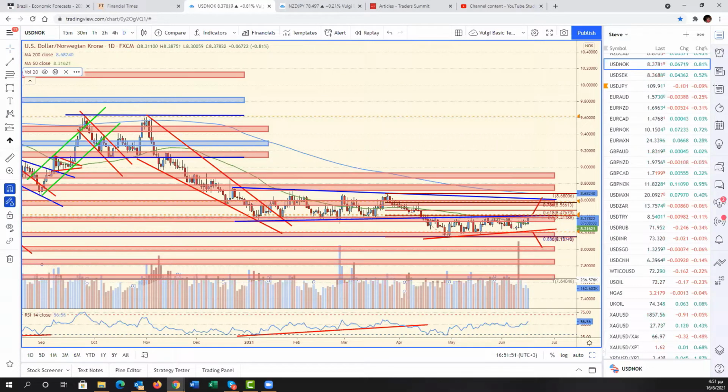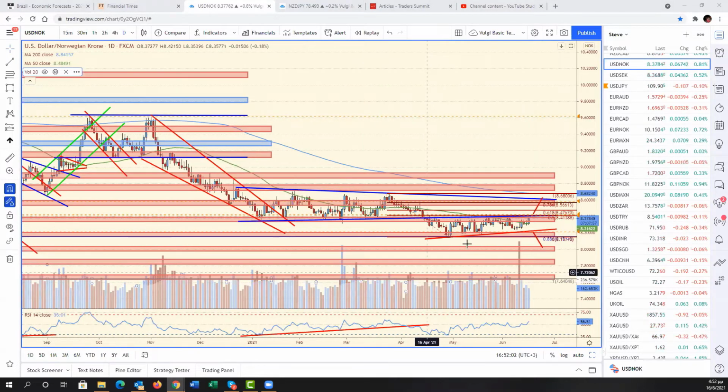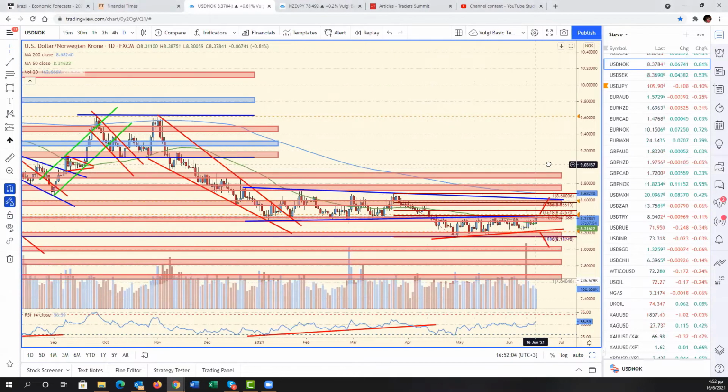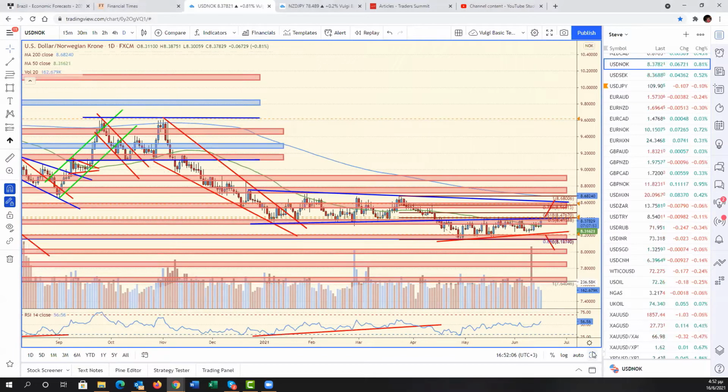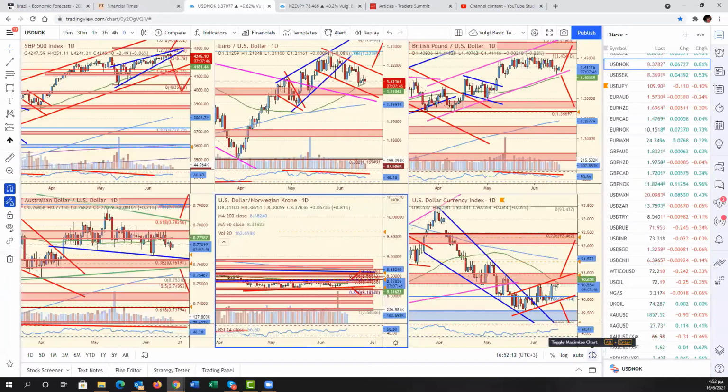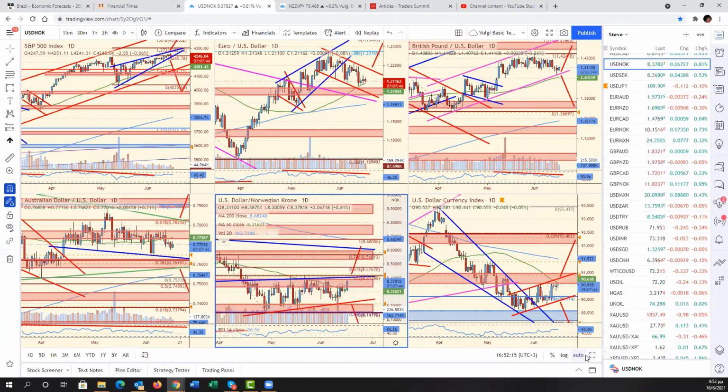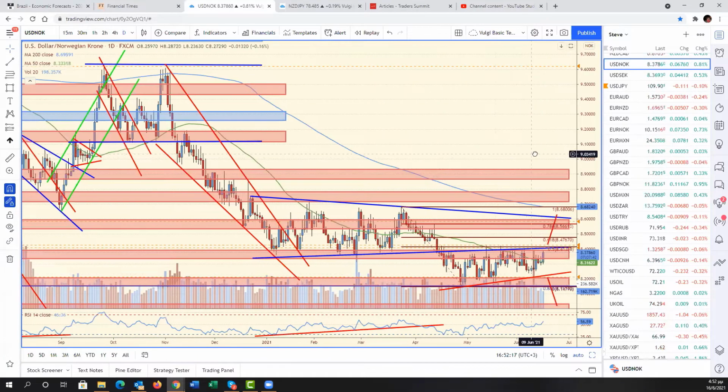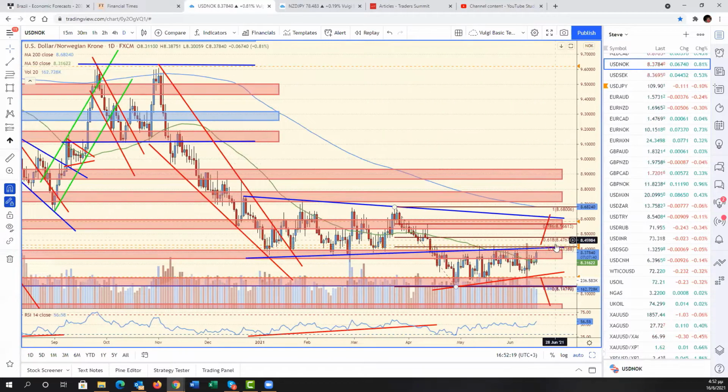Not that they've changed since yesterday, and it would be weird if they did, because the first thing we said yesterday is that it would be extremely unlikely to see technical breakouts ahead of the Fed, for obvious reasons. And I'm now even more certain that we're not going to see them until we actually get the Fed later today, the FOMC statement later today.